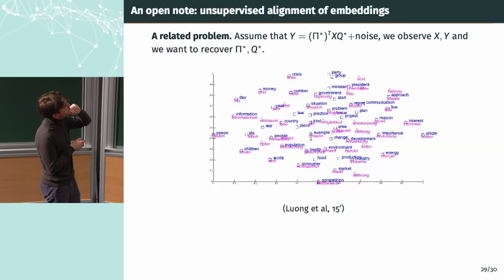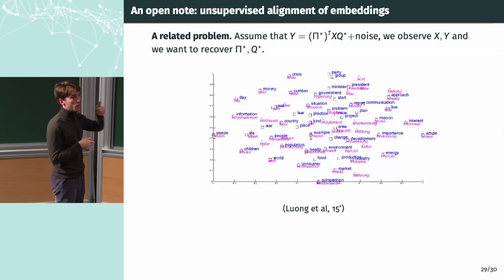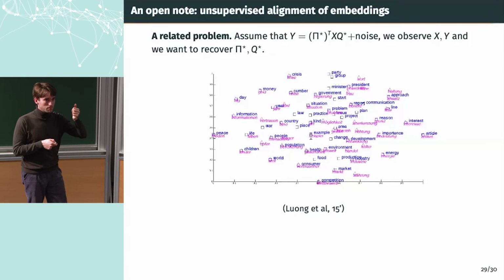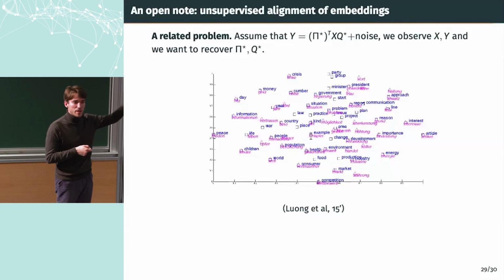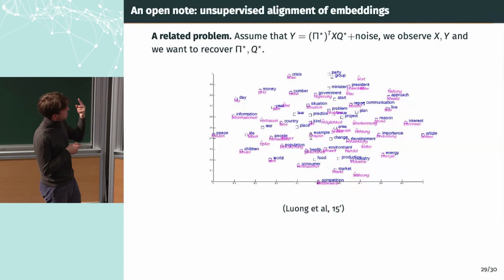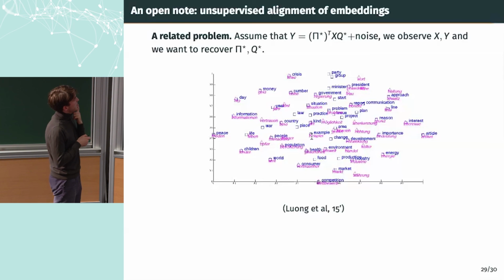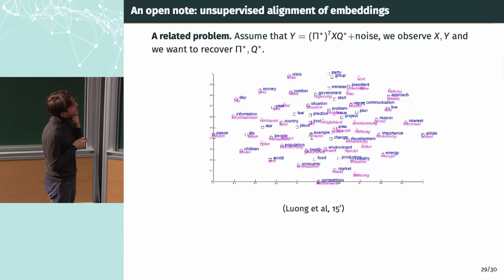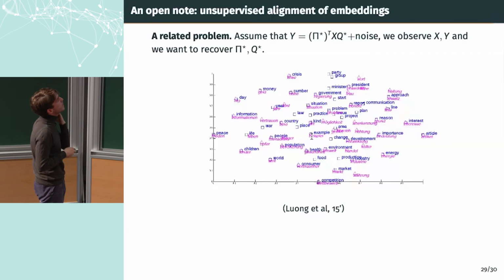What's the transformation of X here? First, you use pi star to relabel the vertices of X. So X is a set of n vectors in R^d, and you use Q star to do an orthogonal transformation on your point cloud. This is a bit different than the graph alignment because here you have first a permutation, then an orthogonal transformation. Whereas for graph alignment, you had also another permutation because you permuted rows and columns. Here you just permute rows.